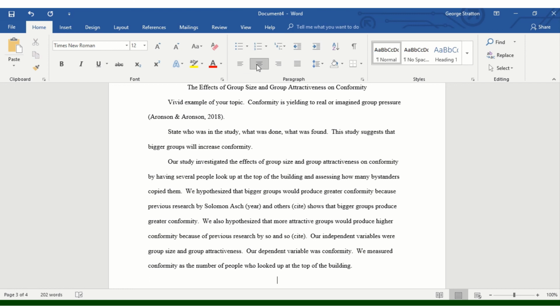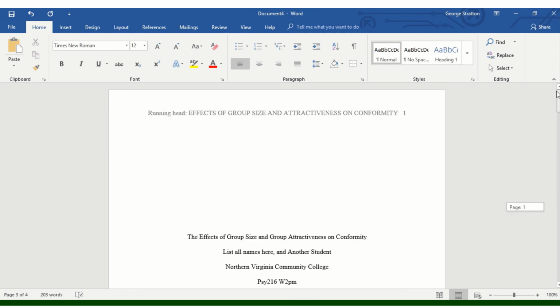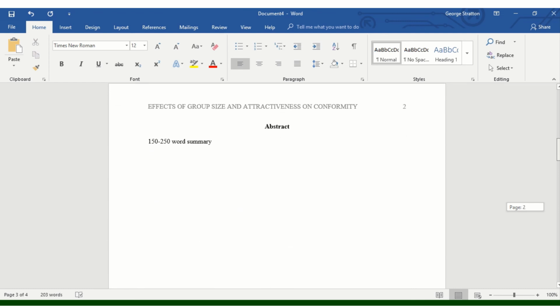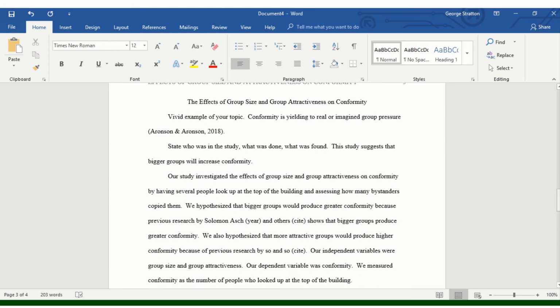And then when you're done with that paragraph, so our last paragraph of the introduction is where you first describe your study, then you start a new section just double spaced down with the word methods and bolded. So what you're going to turn in on the day listed in the syllabus is an APA formatted title page. You're going to have a page with just the word abstract bolded, but not actually an abstract in it because you write that last. And then several pages of an introduction that start out with one paragraph with a vivid example of your topic